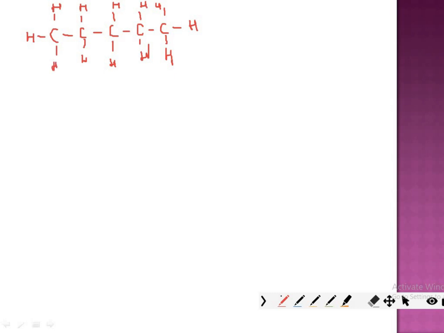It is also an isomer of pentane. It has a molecular formula of C5H what? 2 into 5 is 10 plus 2, 12. This is called N-pentane. It is a higher class term. You can remember it for your knowledge.